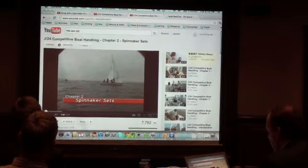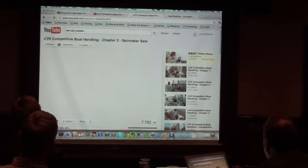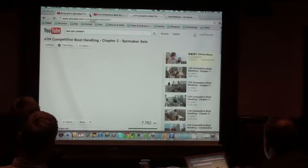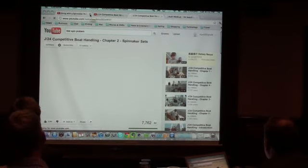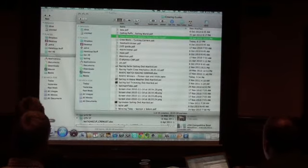Real spin problem. You could probably try that number 30 downwind where they do the really fast one and then wipe out at the end. Is that, yeah. Well, I mean, I know I've got a,